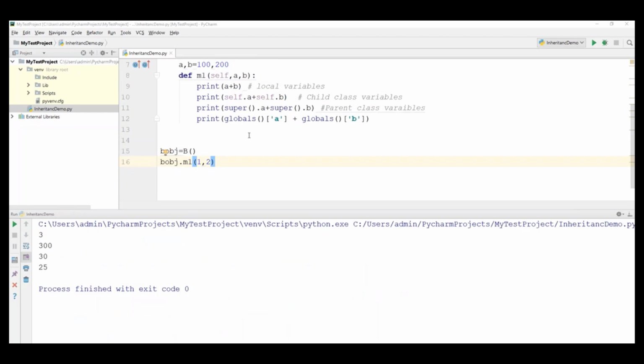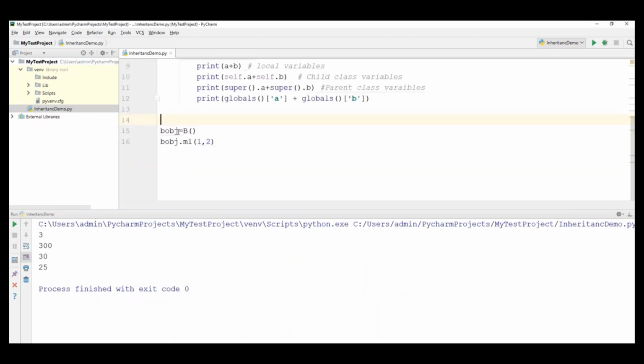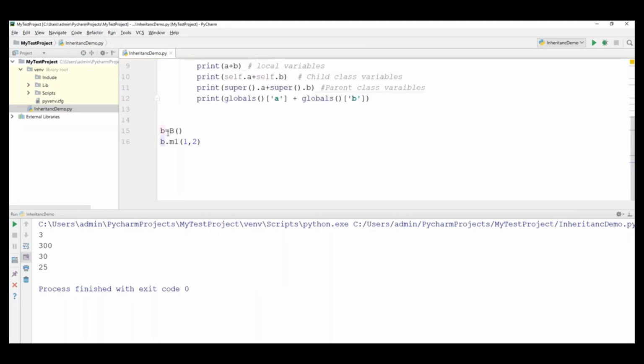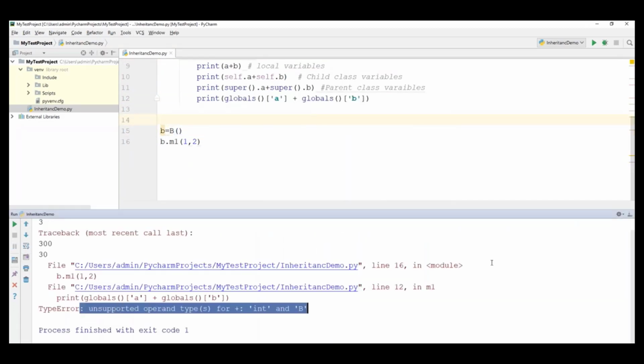Okay, so here we did a small mistake. Here we already created the object name as B, right? So here we are able to access B like this. The object reference variable is B, and also the global variables A comma B were created. So we have used the same global variable name B as a reference variable. So that's the reason the statement is giving an error. So when I run this code, we are getting this error.